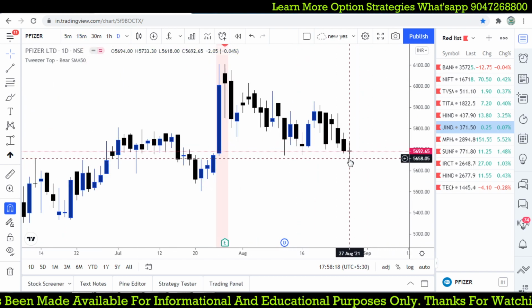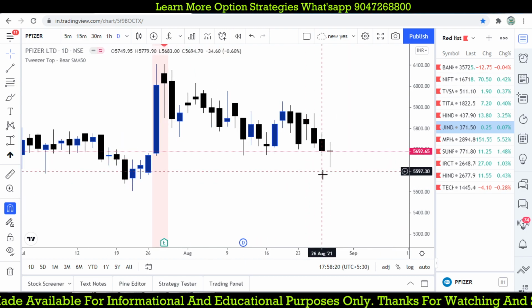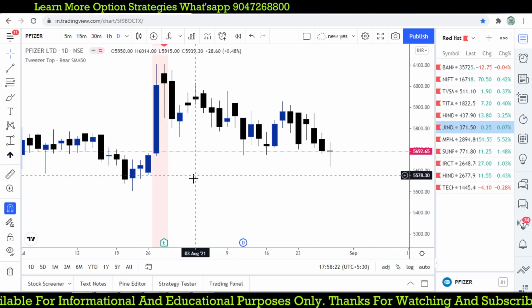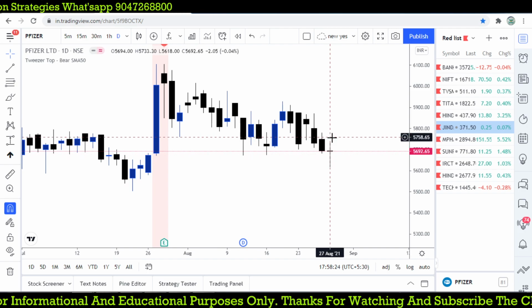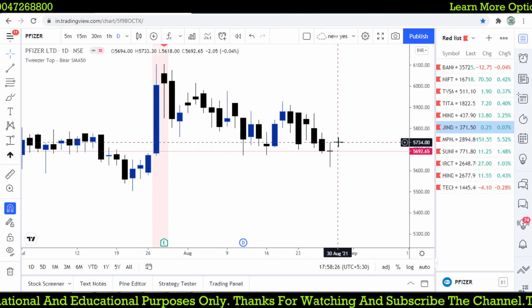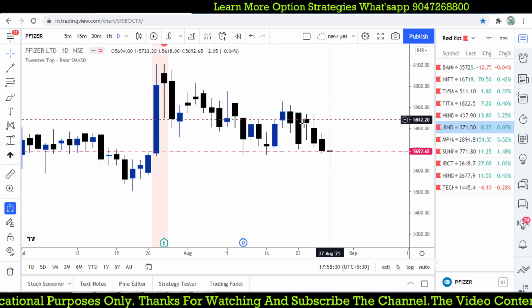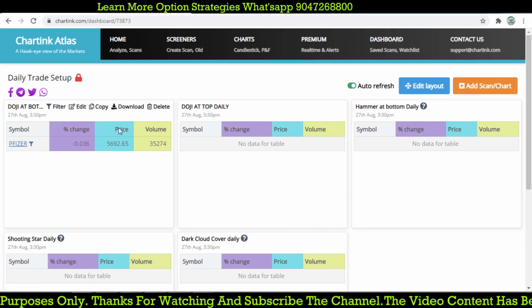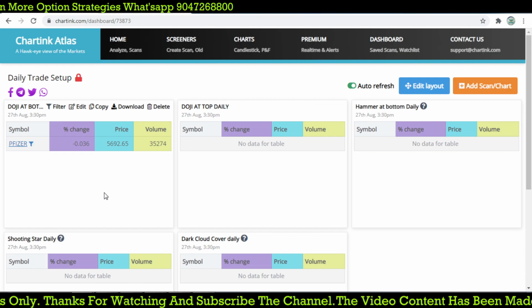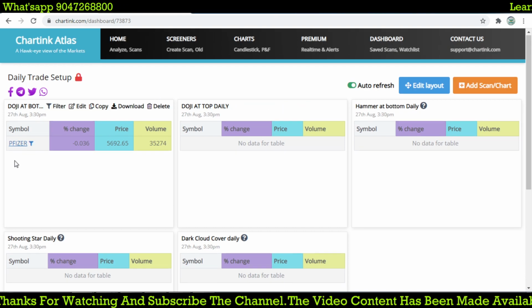This is the monthly low, where it forms a doji. If the market moves above that level, we will watch for a buying opportunity, right? Then for the daily single candlestick reversal pattern, only one stock we found, that is Pfizer, so we will focus on it tomorrow.